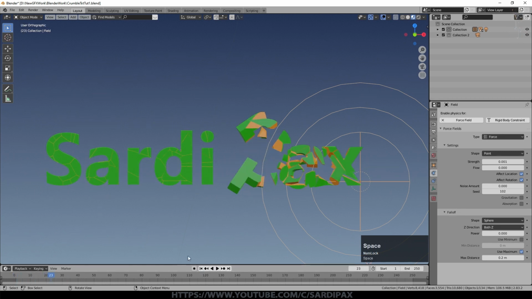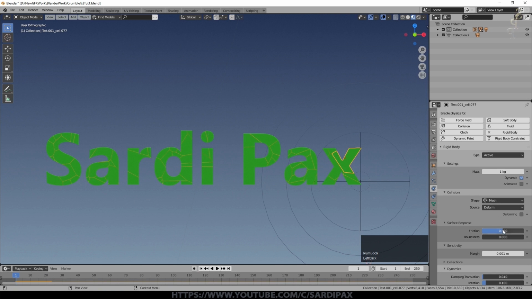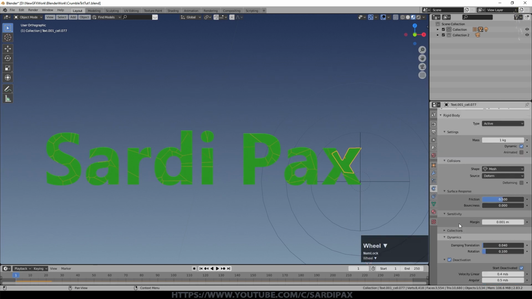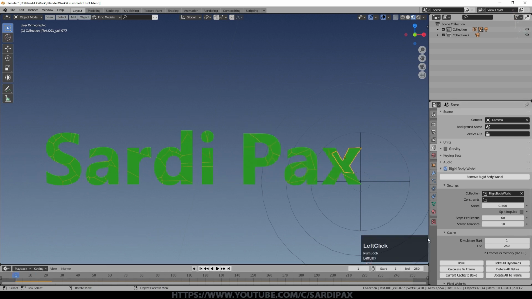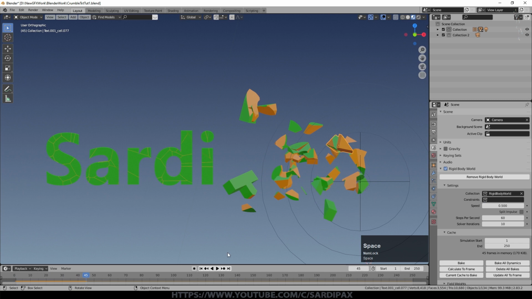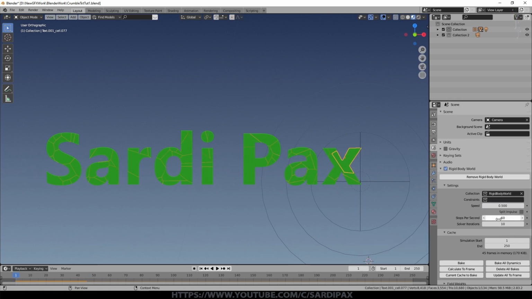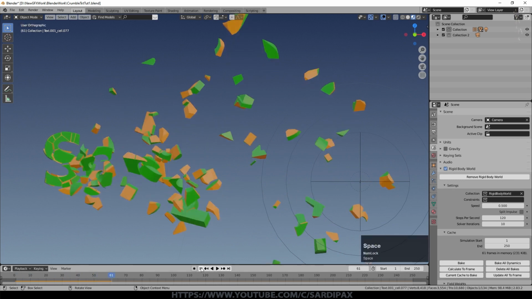And the other side of it is that the rigid body system will need to be decached, as it were. So in other words, it will create a cache the first time you do something, and then it needs to be convinced to rewrite that cache. If we come up here and just change the speed or something like that so that it recalculates. Now while we're in here, let's put these steps per second up. Let's try 120 now. And you can see again we're getting this chain reaction.